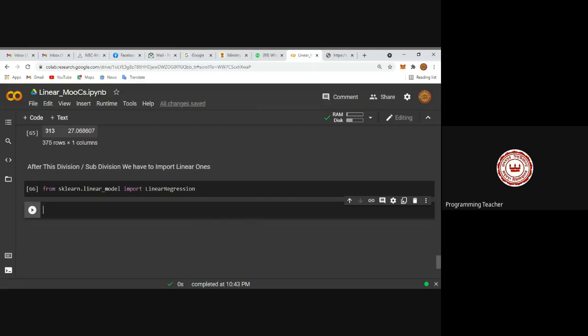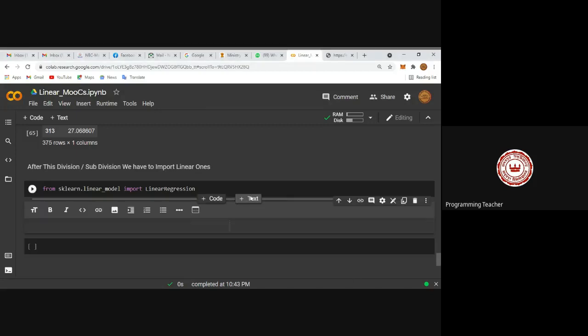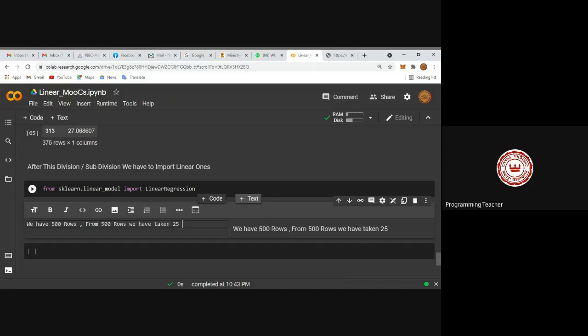After that, what you have to do? You have to think about a logical concept. What about the logical concept? Look, we have 500 rows. That's fine. From 500 rows, we have taken how much? 25% rows randomly.